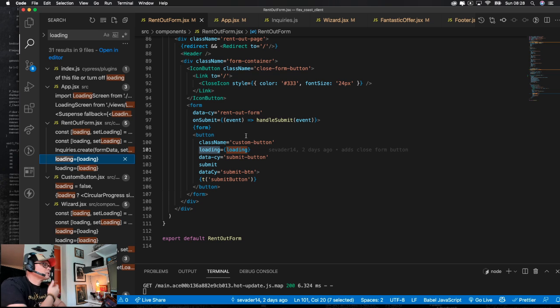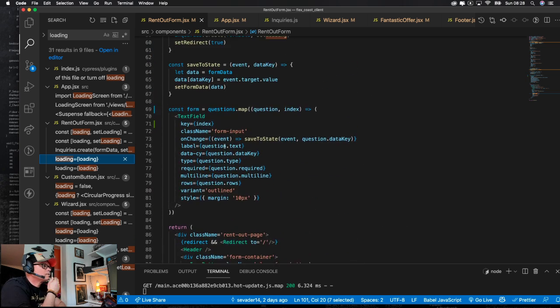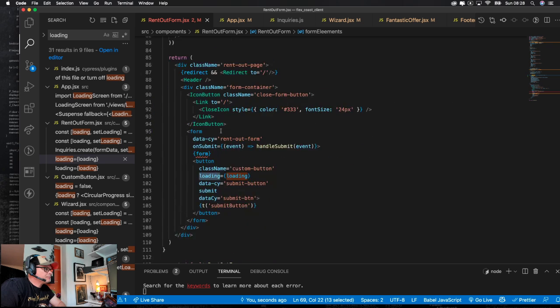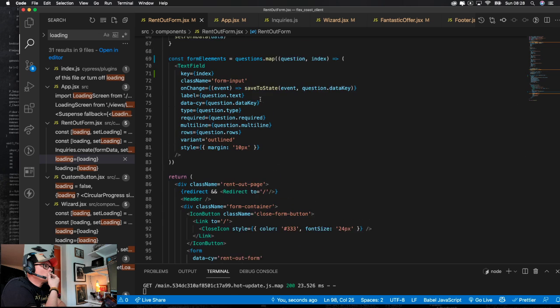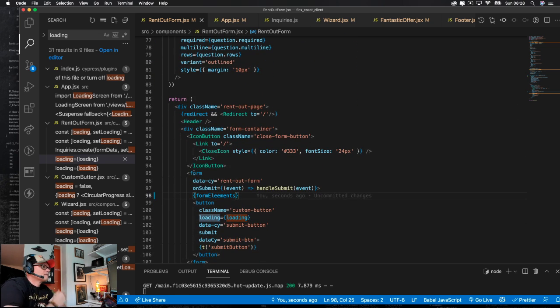Where are we? We're in the rent out form, right? Right, so I'm just gonna rename this into form elements. Right. It's gonna be better.